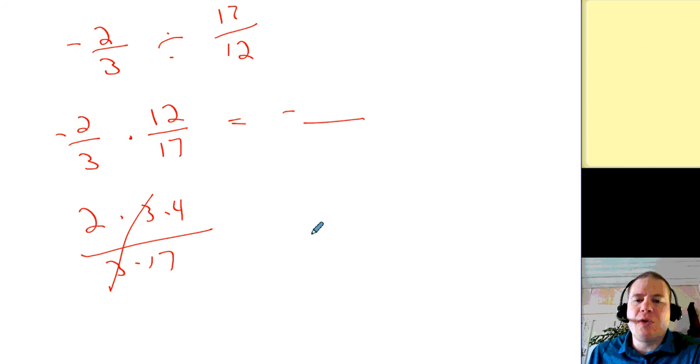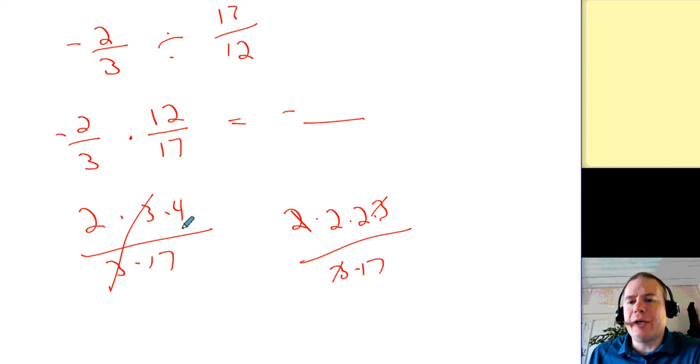I could go the full way, write 12 as 2 times 2 times 3. But then I'm going to have more to multiply, right? 2 times 2 is 4. I already had the 4 here. So I'm being strategic. I want to cancel the 3. I show 3 as a factor, so it cancels. 2 times 4 is 8. And then 17 there stays as 17. And that negative,